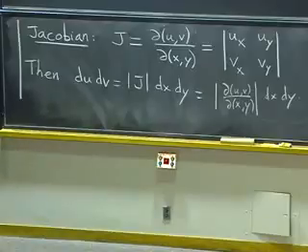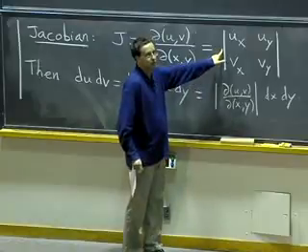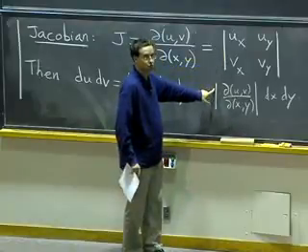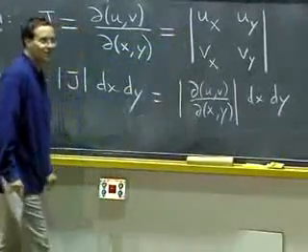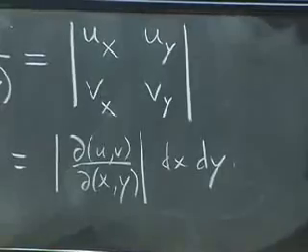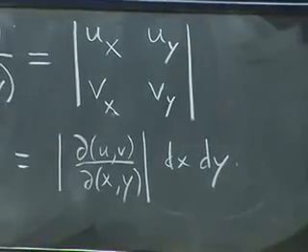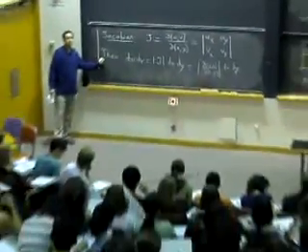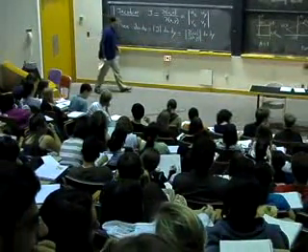Okay, so I didn't put it all together because then you would have two sets of vertical bars. See, this is a vertical bar for absolute value. This is a vertical bar for determinant. They're not the same. That's the one thing to remember. Okay, any questions about this? No? Okay.